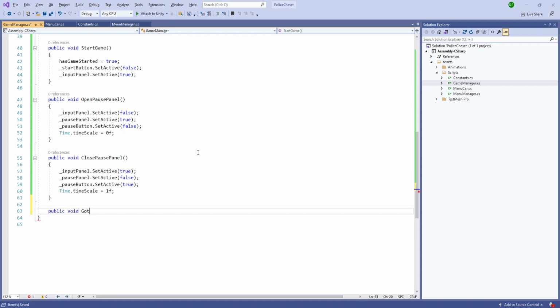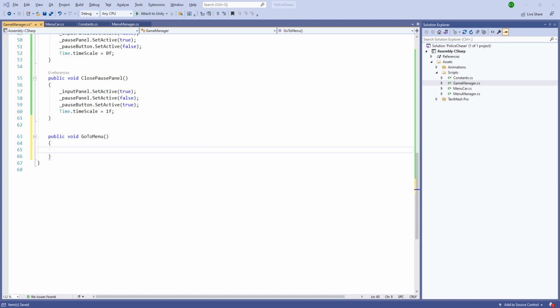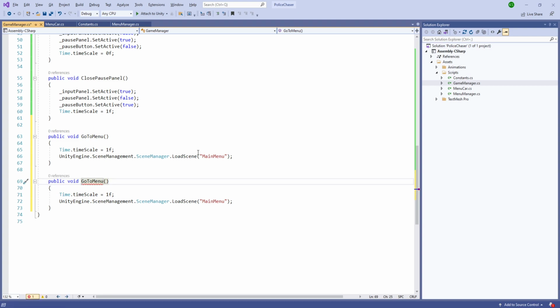Now we need something, the restart or the go to main menu button, and we'll also create the restart button. So time scale is going to be 1f, and UnityEngine dot SceneManagement dot SceneManager dot LoadScene, and we'll load the gameplay scene, and not the gameplay. We'll load the main menu scene,